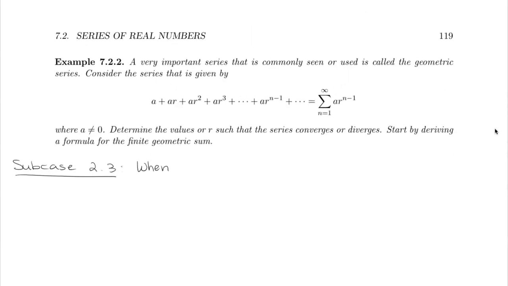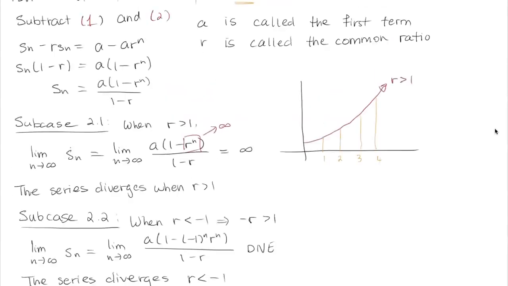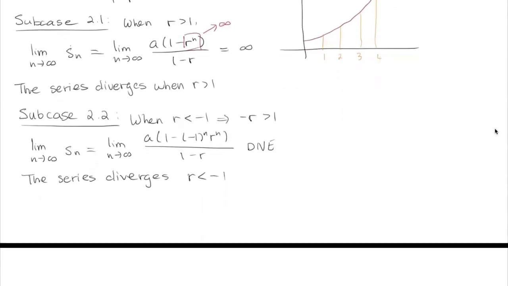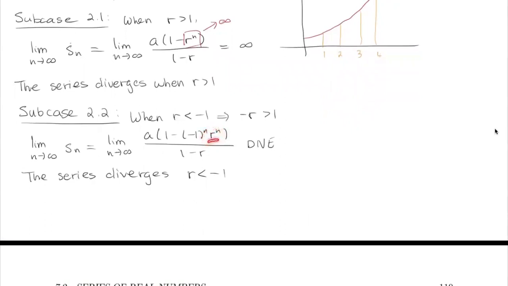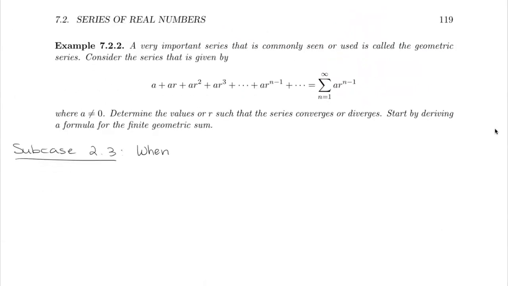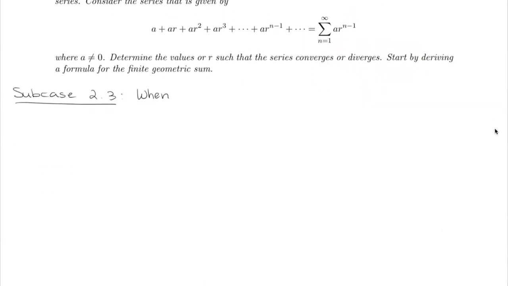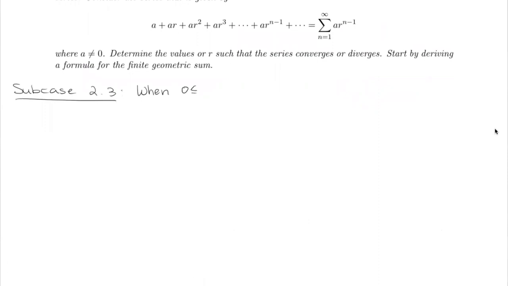Yes, that is possible, because if we substitute r equal to 0 here, 0 to the power n is just going to be 0. So we just have this part here, and that would also still converge. So that means we could also include r equals 0 as well. So 0 less than or equal to r